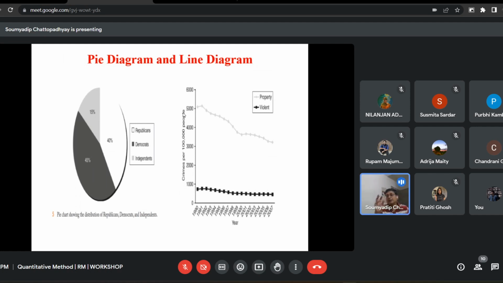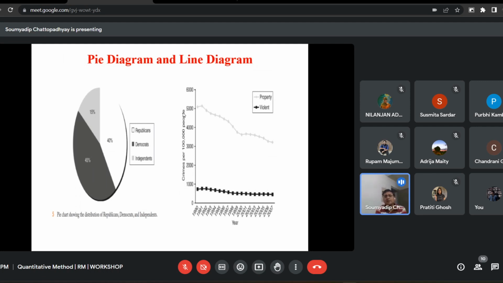Now if you just consider the number of crimes which have occurred in a particular state and then just put the figure, then it is erroneous, because the population sizes of the states are different, and the states with higher population may end up with a higher number of reported crimes. So in order to make the number of incidents of crimes comparable across all states, it is generally done to represent the crime rate per 1 lakh population or per 10,000 population or per 1,000 population, and so forth.